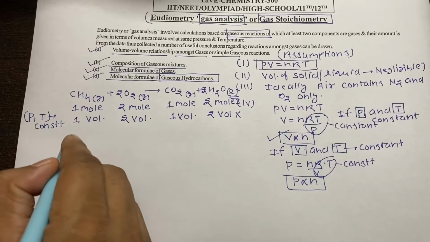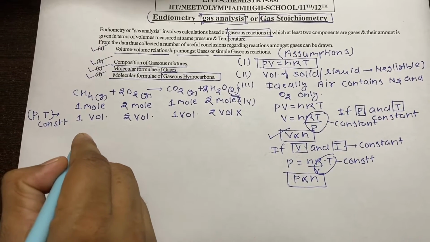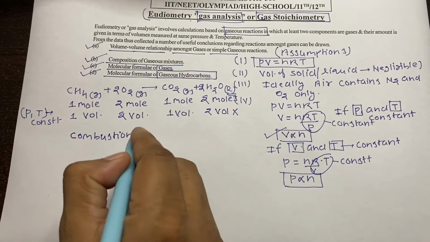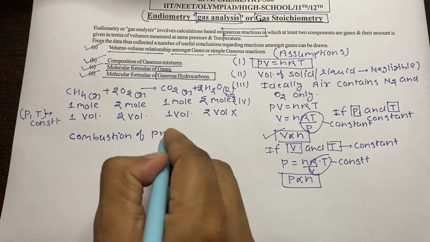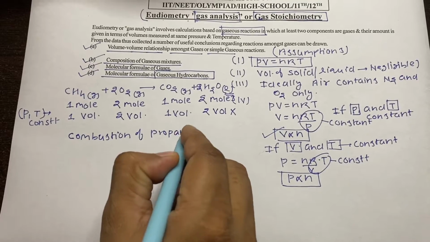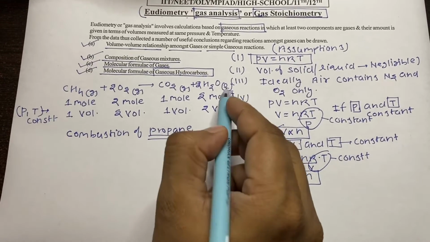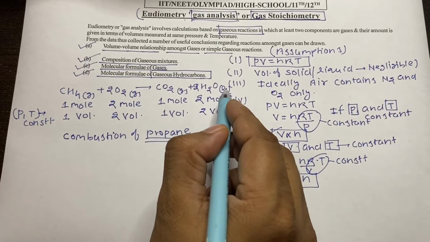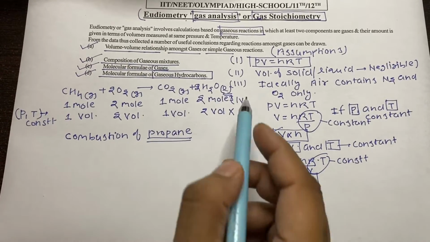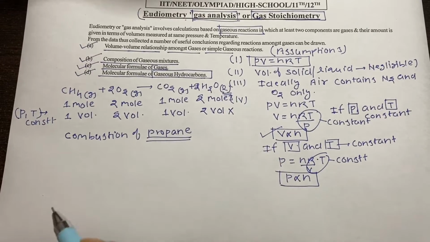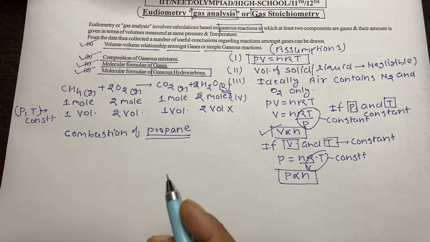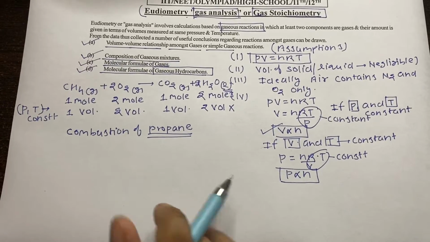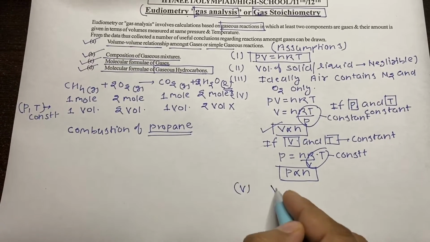For example, if we are taking combustion of propane, it is to be noted that in a combustion reaction, water will be formed in the form of liquid unless it is mentioned that it is vapor. So definitely vapor will be converted into liquid. So there will be a decrease in volume. This is called volume contraction. So volume contraction is another term that will be used in